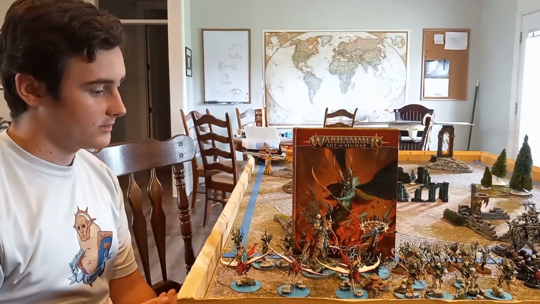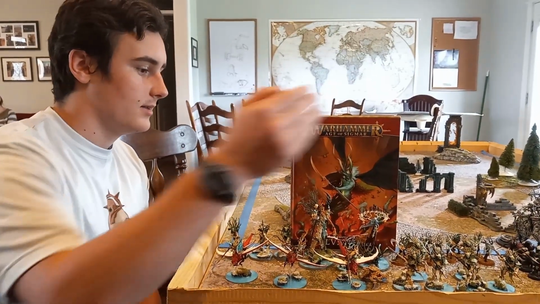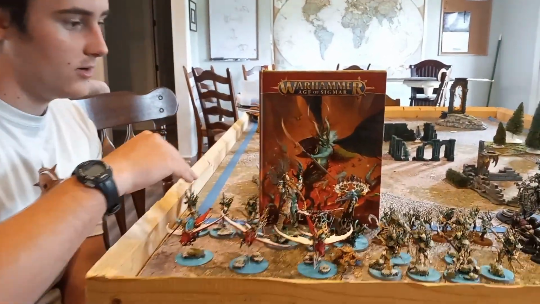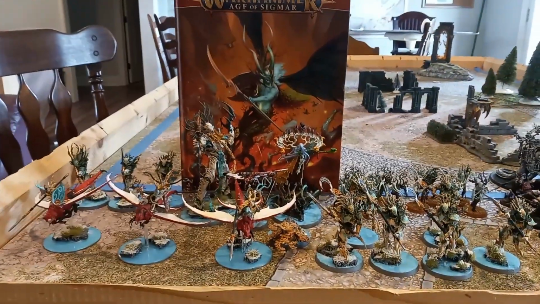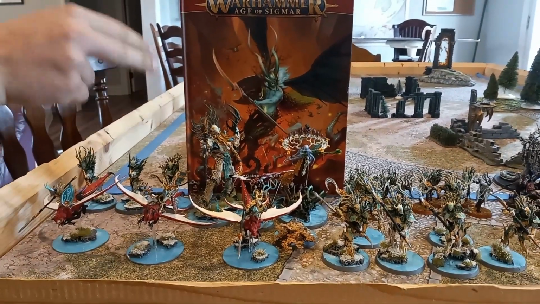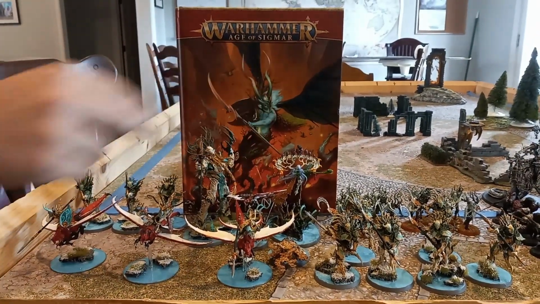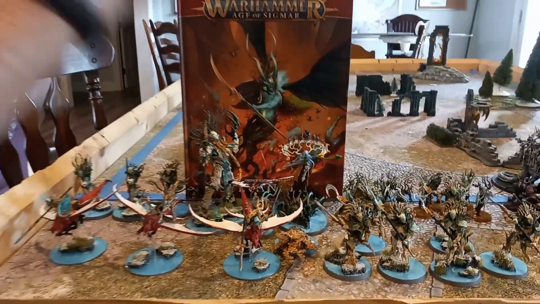Alright, we have more Sylvaneth today. This is a Heartwood list. It's got 6 Scythe Hunters, 3 Bow Hunters, and 2 units of Tree Revs, giving us 3 battle line. We got Tree Lord Ancient with Regrowth, Arch Revenant with Griff Feather Charm for a 5-up ward, and Warsong Revenant